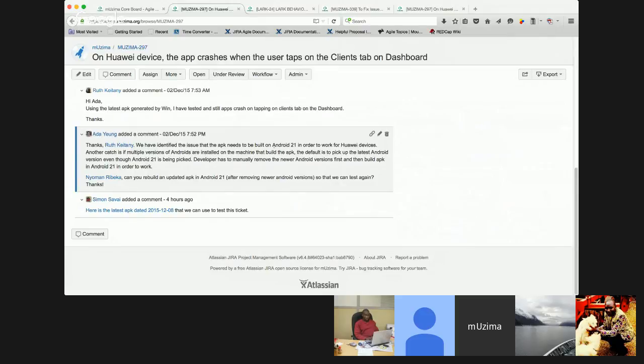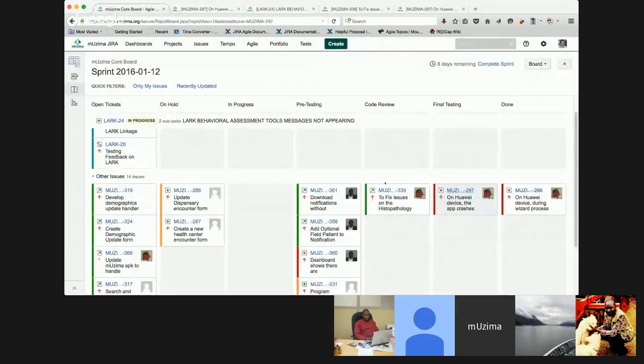I think the next step is testing for this ticket, to make sure that with this APK all those selections are not highlighted in blue color. I think that's the remaining part for us to test for this ticket. Does anyone have comments on this one? If not, let's look at the next one.